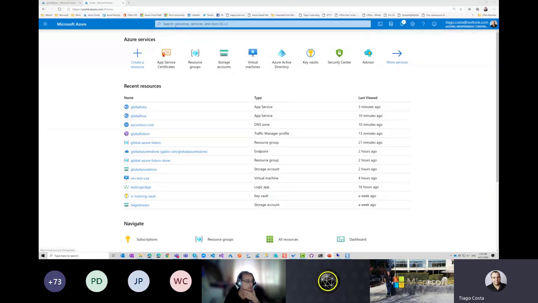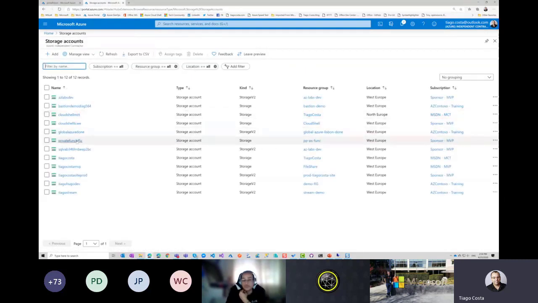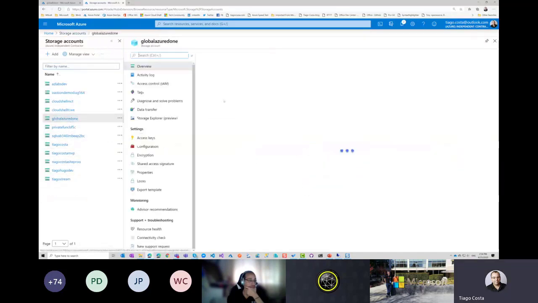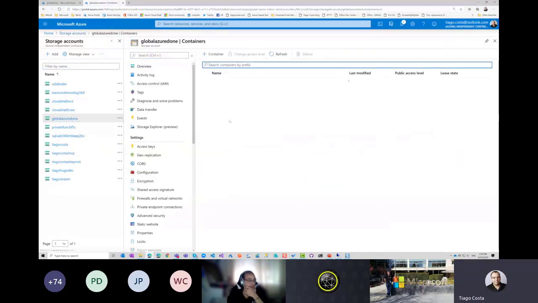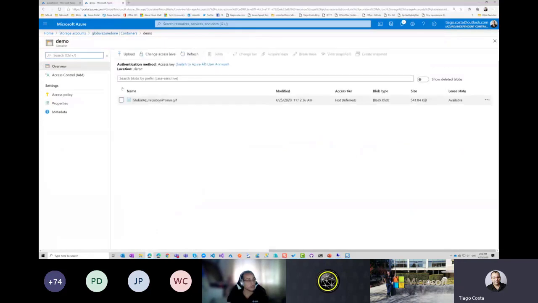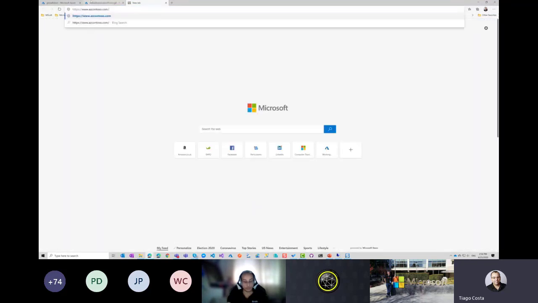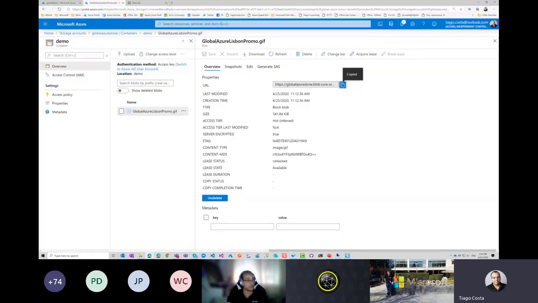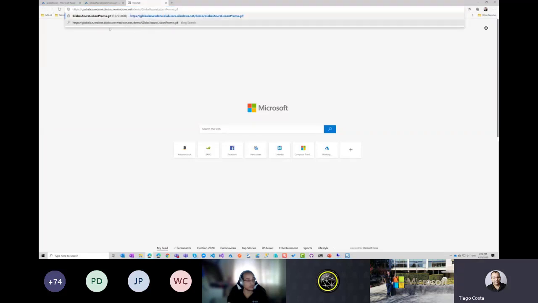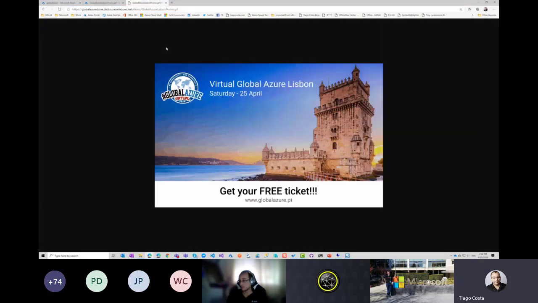I already have a storage account, so I'm not going to bother you guys creating a storage account. Let's just review it. I have a storage account called Global Azure Done. Then I have a demo container, and in my demo container I have a blob here. If you see this, boom, I'm seeing this, but look,